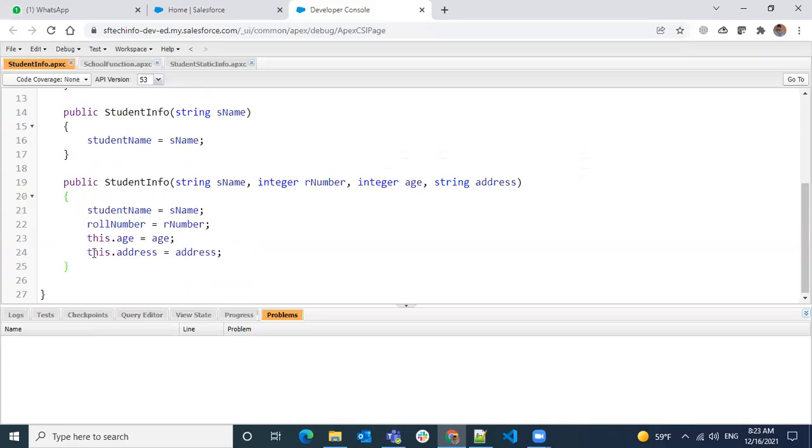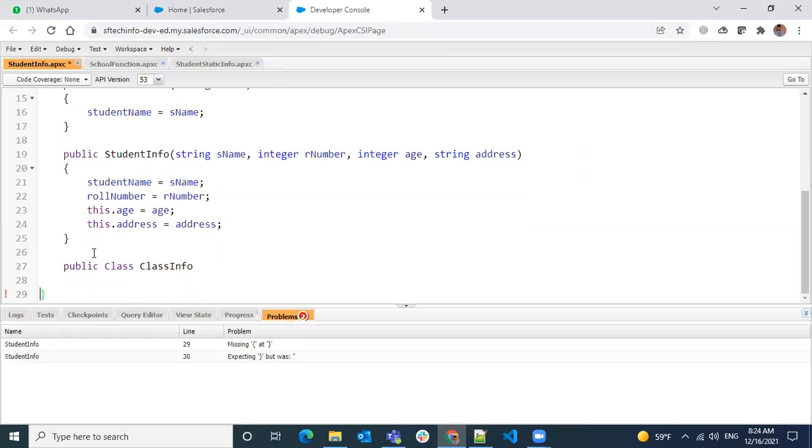Inside the class, we can give a public class, let's say class info. Here class info means what standard he is.